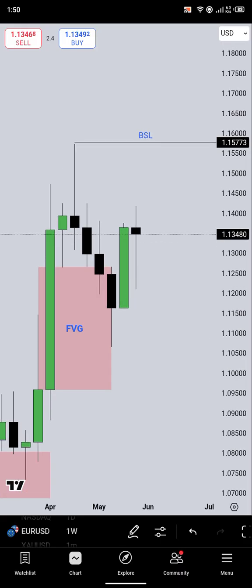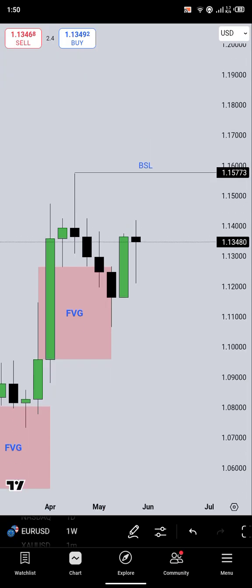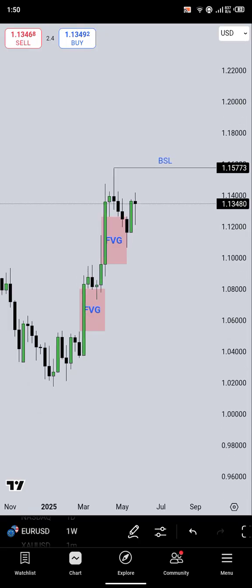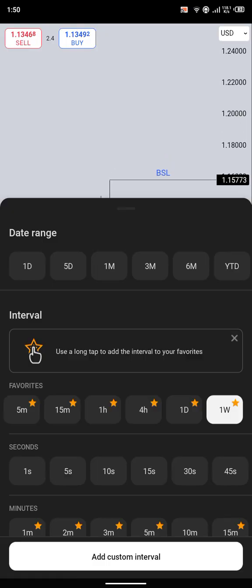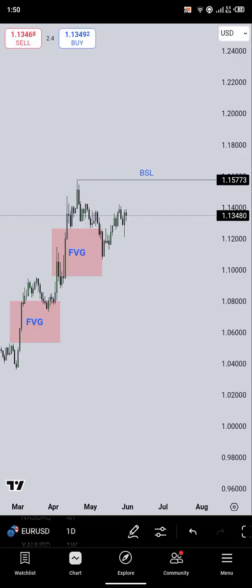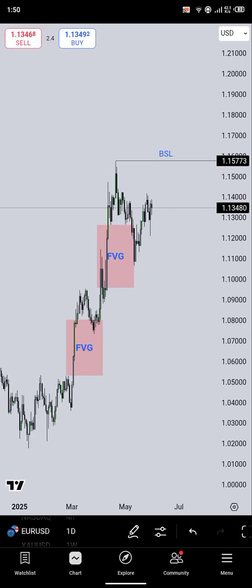Now, what will be our next point of target? This place, this buy side liquidity. So on the weekly time frame, my draw is this buy side liquidity. So if I come to a daily time frame,